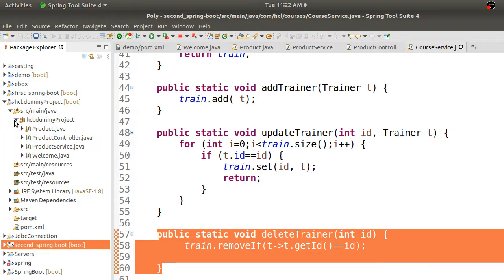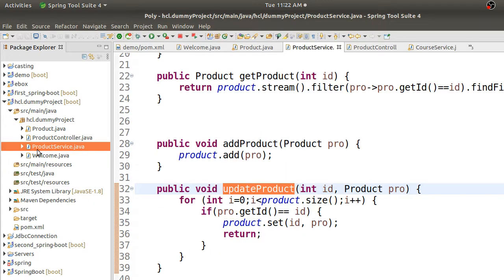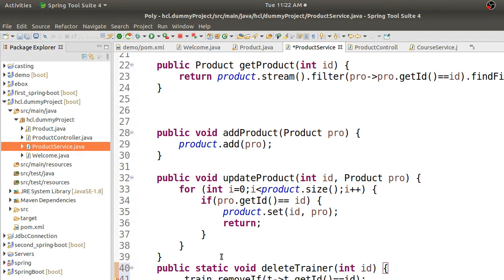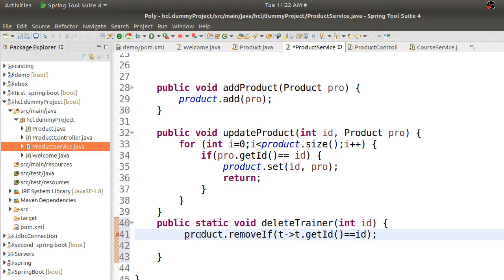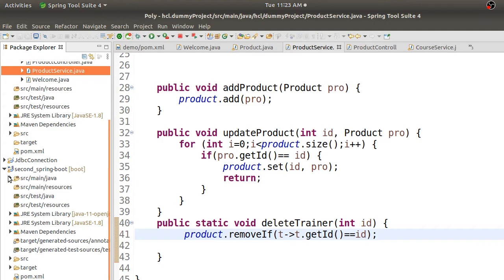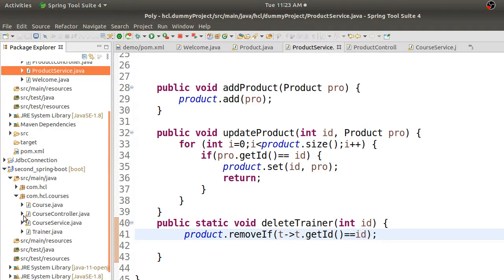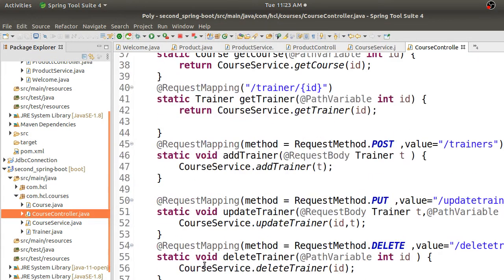So here just set the product. And we need a controller also for that, as the controller for delete.